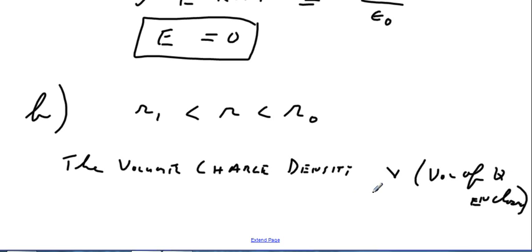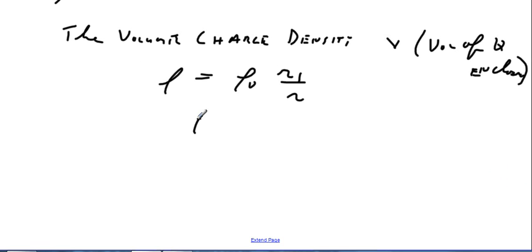Okay, so that's what I'm going to look at, and we're going to use our rho equal to rho naught R1 divided by R,